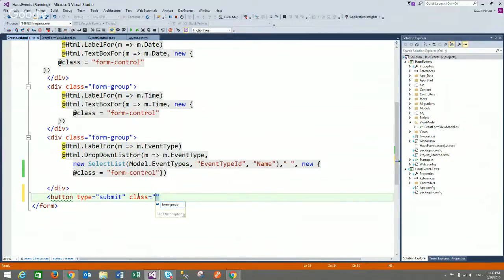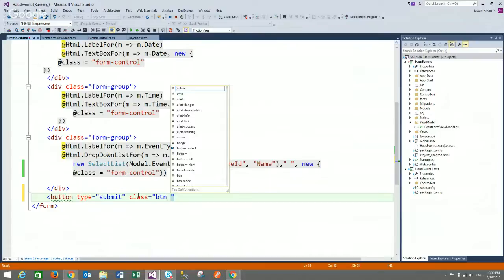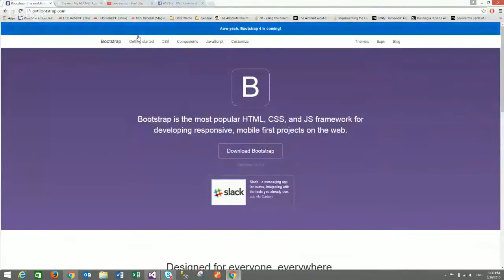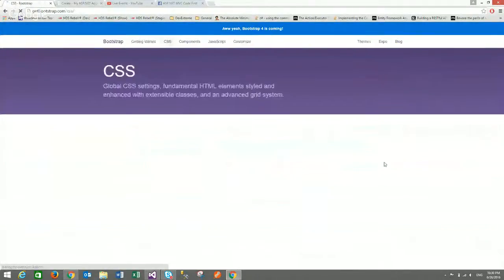We will be using the Bootstrap buttons, and every Bootstrap button starts with the btn class. And then for the secondary classes, we can specify the nature of the button, and for this, if you go there, CSS,